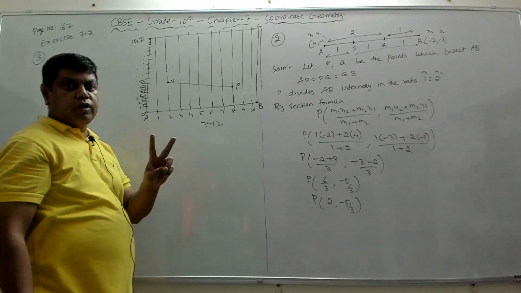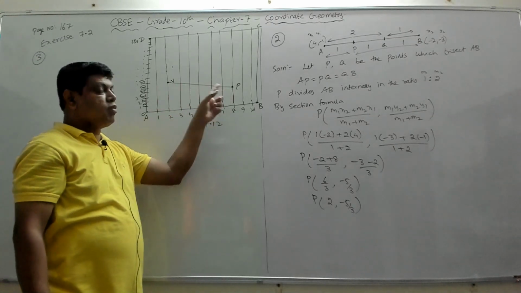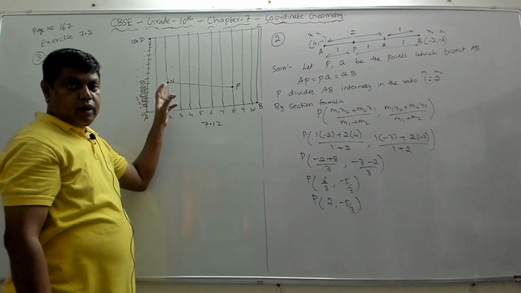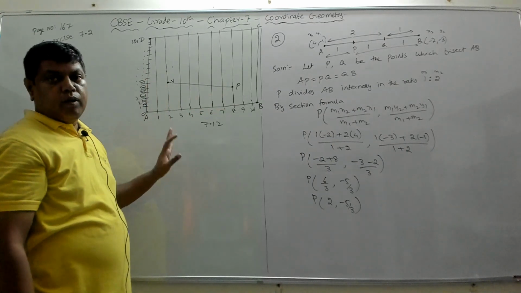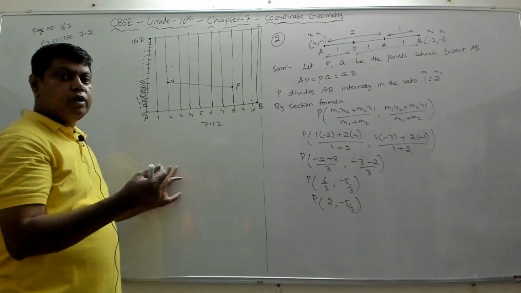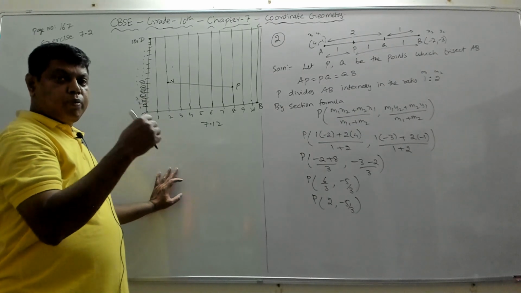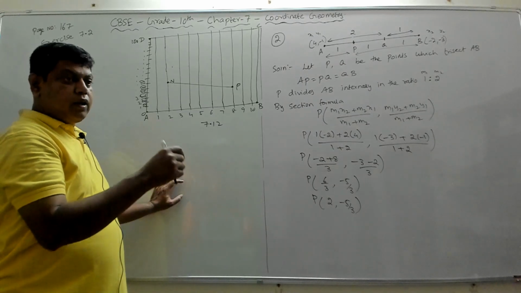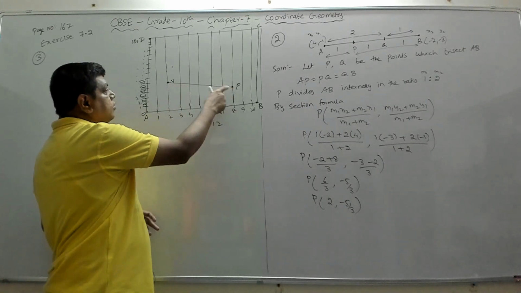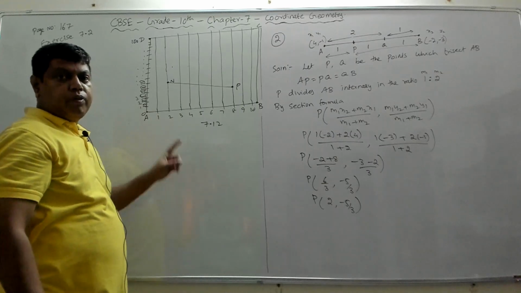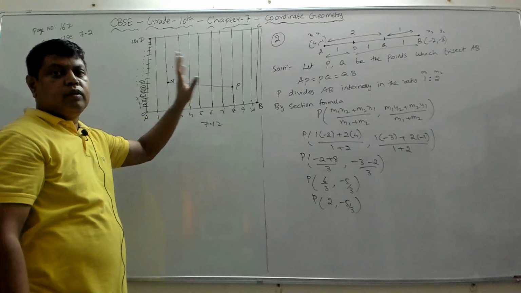So there are two things that we should find. We should find the distance between these two flags, which were posted by Niharika and Preet. And second, we need to find where Rashmi, the third girl, should place her flag: exactly at the midpoint of the line segment joining Niharika's flag and Preet's flag.